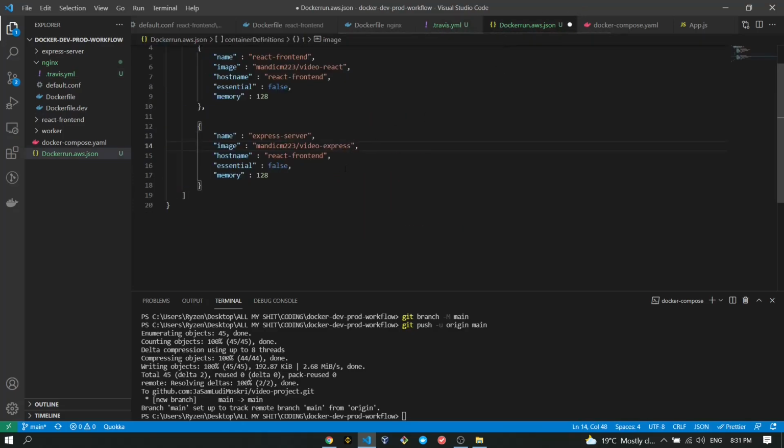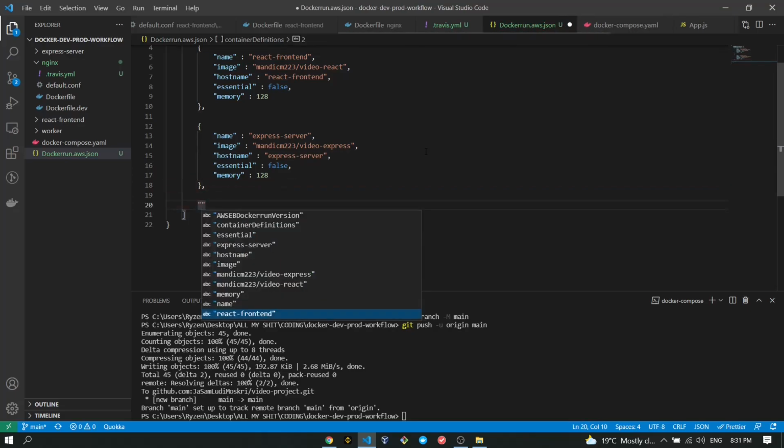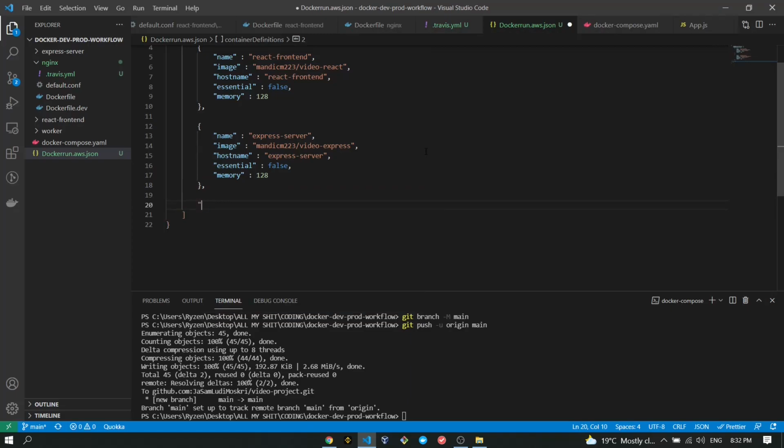Yeah, it's Video Express. It is going to have a host name of Express server, like that. It is not going to be essential, and it is going to have memory of 128. Like that, we're going to open new curly braces, going to indent. I'm going to copy